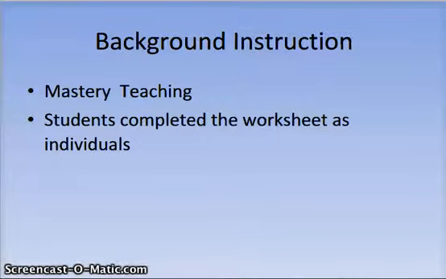And we are there for all questions. There's a lot of student-teacher interaction with all the questions that the students have. This worksheet was one of the learning opportunities that we gave to the students. These two students were at this worksheet at the same time, and they chose to do it individually. We encourage the students to work in cooperative learning groups so they can work with each other and discuss